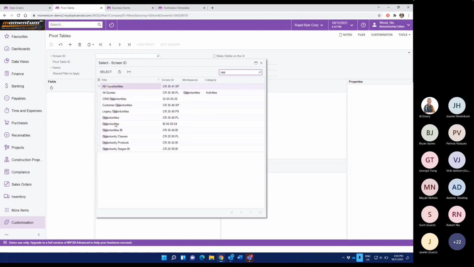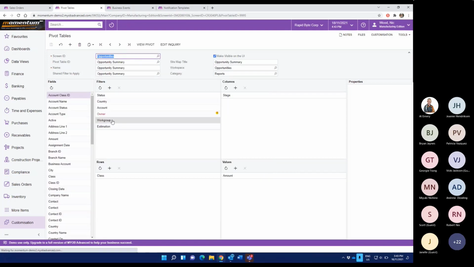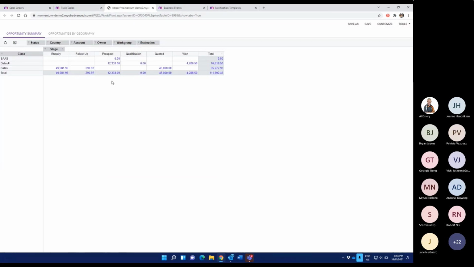We look at the opportunities here. I'm just going to create a quick pivot there. We've got on here the opportunities summary. So here you see a breakdown of the opportunities we've got in the CRM module, their values at various stages.